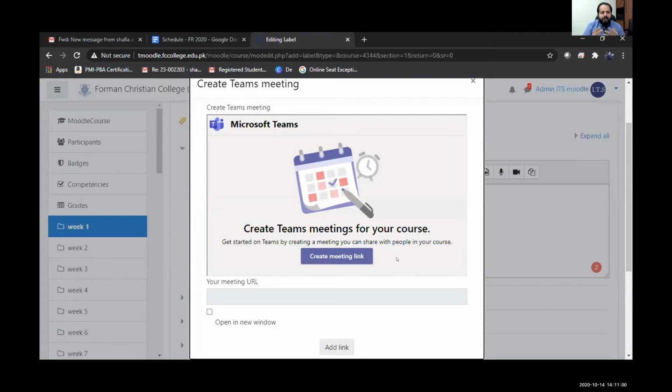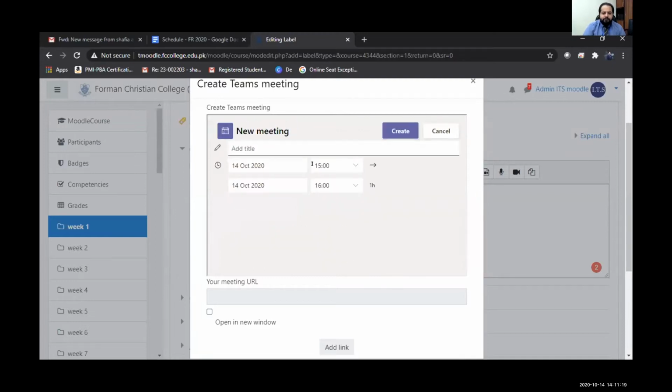These are the same credentials that are used for the O365 account that has been sent to you by the IT department. So you would add those credentials, and after adding them, you'll come to this screen over here. I'm simply going to click on create meeting link. Here, I'm just going to put in any title.